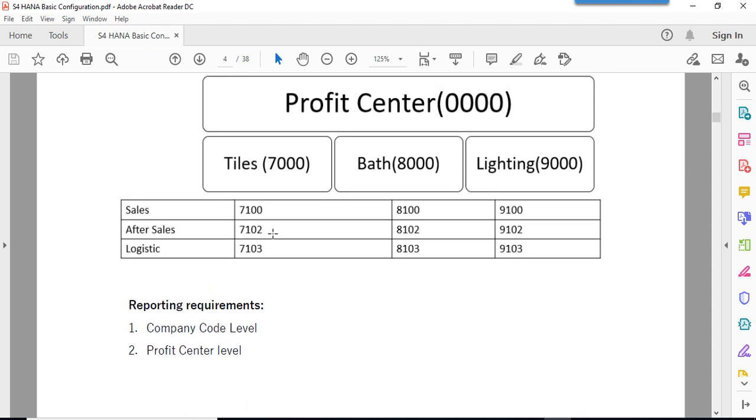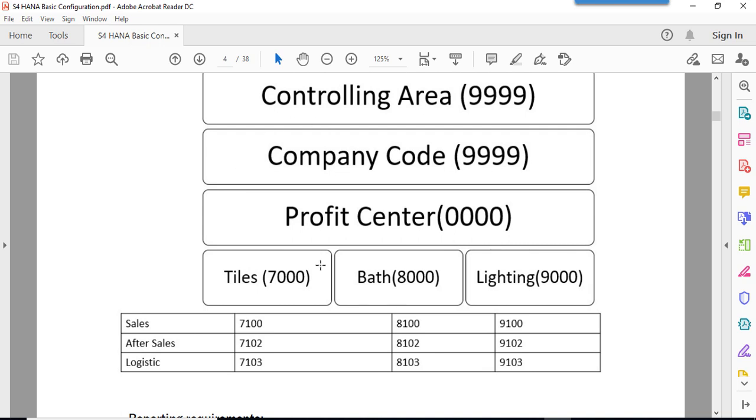See, this is a purely practical course. I am not going to discuss theory. If you are interested in the theoretical part only, you may go and refer to other resources. This is purely practical. With the help of this organization hierarchy, we are going to complete one new company code with a proper understanding of all the steps, so that you can configure even in S4 HANA. Thank you.